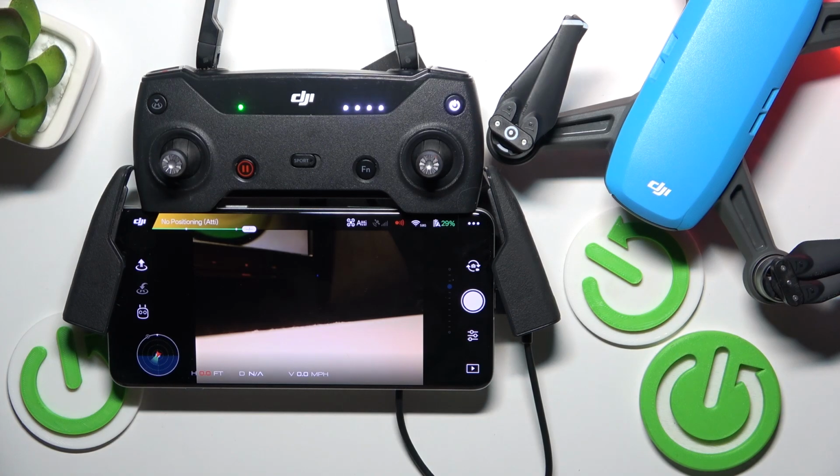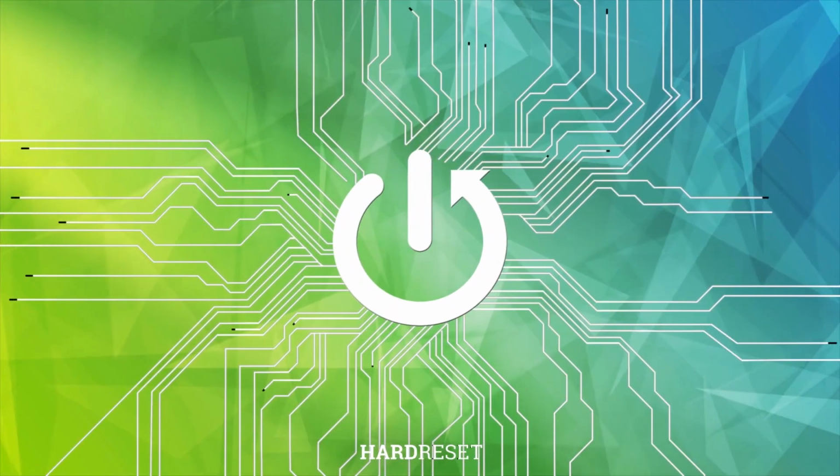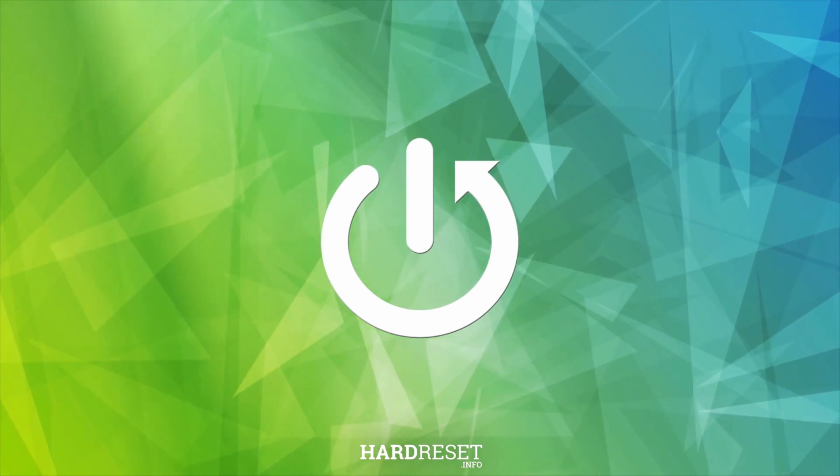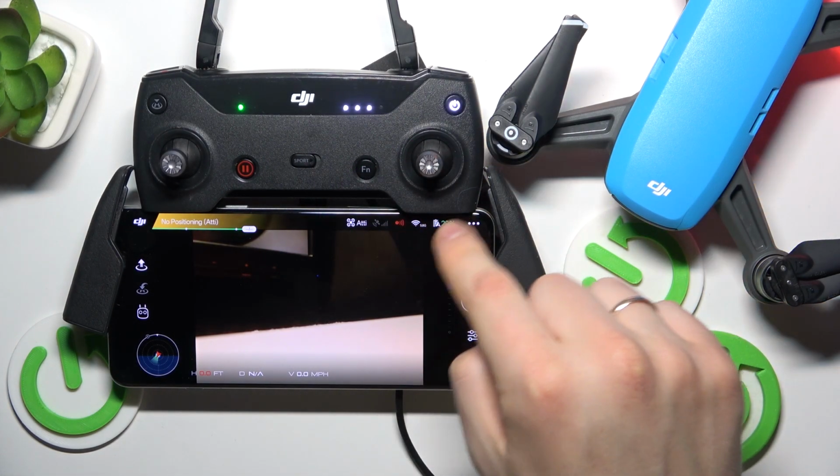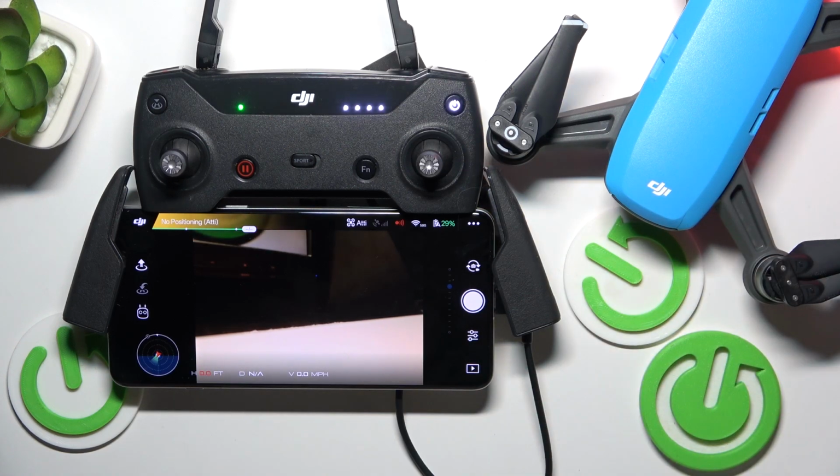This is DJI Spark, and today I'll show how you can hide or show the OSD or the camera properties information on this drone. So if you would like to enable or disable the little window that will show you the current camera parameters,